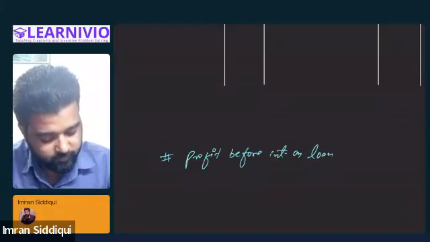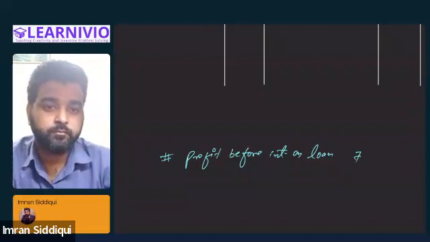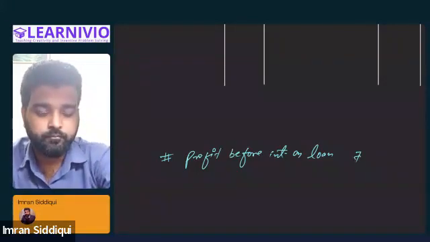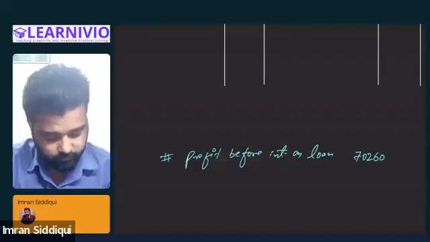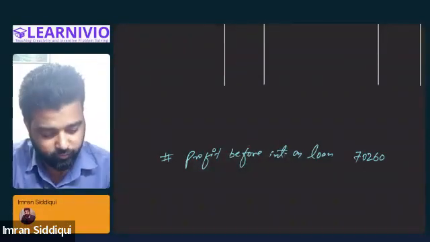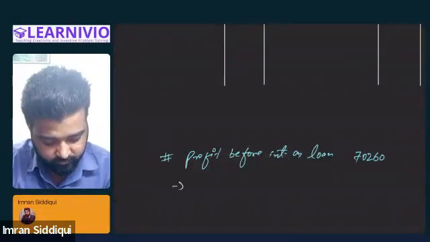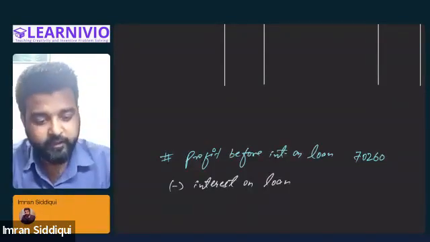This is given as 70,260, and profit before interest on loan is 70,260. Now we'll subtract the interest on loan out of it, and interest on loan will be,